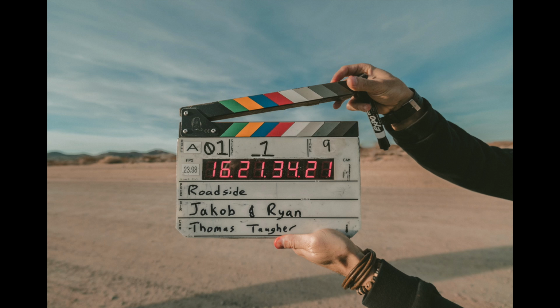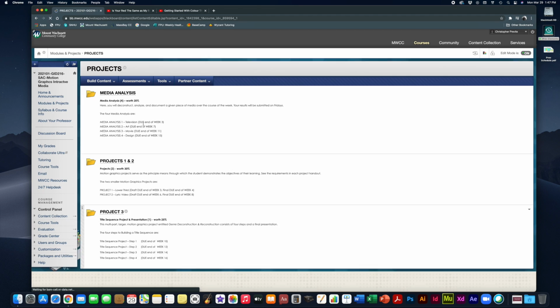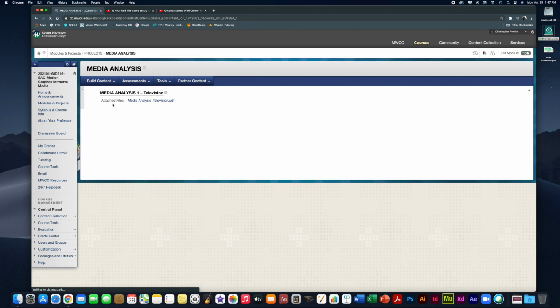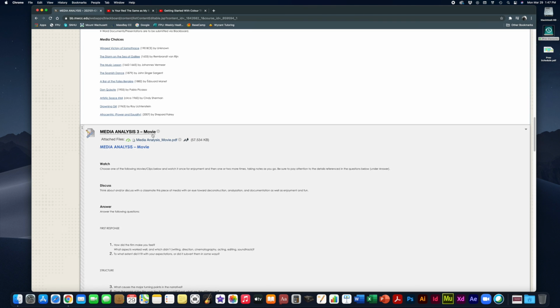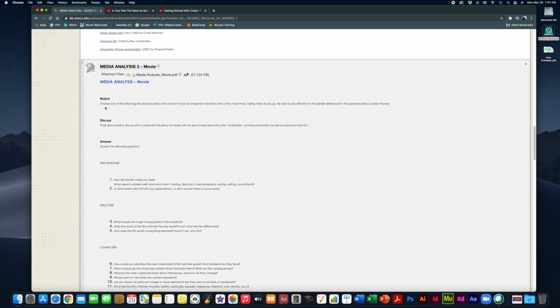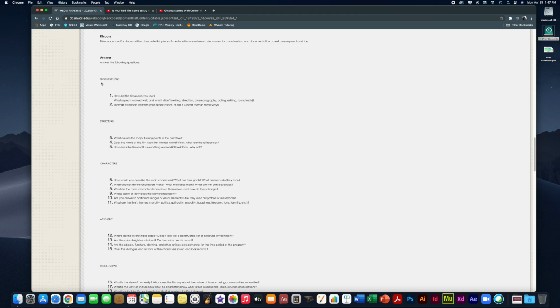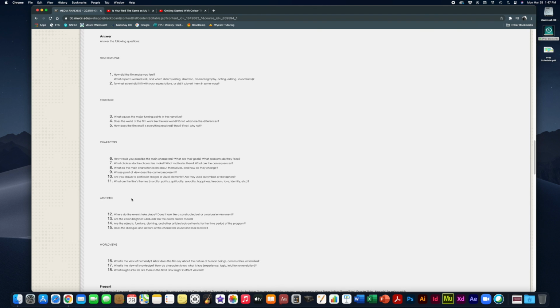So this one's going to function a little bit differently because movies are a little more difficult to get our hands on. So if we look at the media analyses and go down to media analysis movie right here, you can see that just like the previous media analysis, you can work with a classmate, you can work individually. Your goal is to consume the piece of media, watch it once for entertainment, once for analysis, take some notes, and your goal is going to be to respond to these specific questions